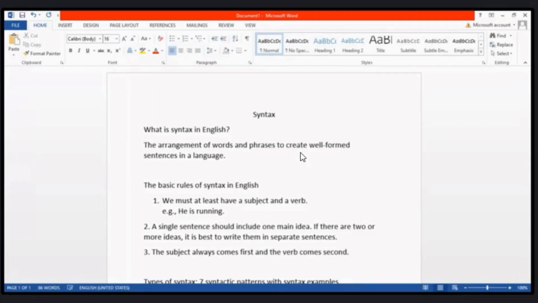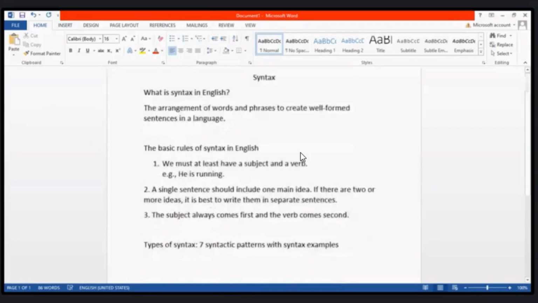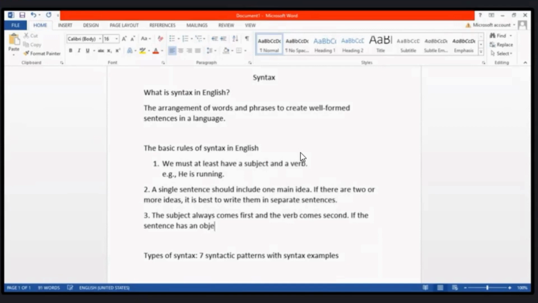So the subject always comes first and the verb comes second. So this is the sequence. Then যদি the sentence has an object, it comes third. If the sentence has an object, it comes in third position